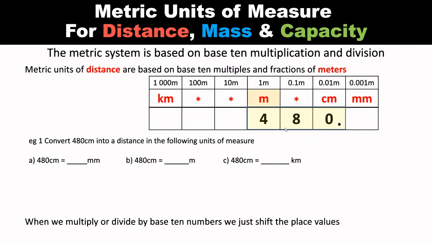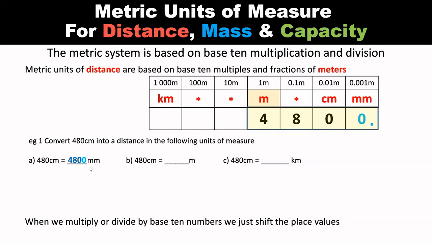If I want to convert 480 centimeters into millimeters, I'm just going to shift the place values so that the unit position is over here in the millimeters. If I want this to be my units position, my decimal point should be directly after it. So, without having to do any real calculations, you should see that I've just shifted all of these place values up one place to make this the units position. This is now the tens position, this is now the hundreds position, and this is now the thousands position. So just like magic, I can convert 480 centimeters into